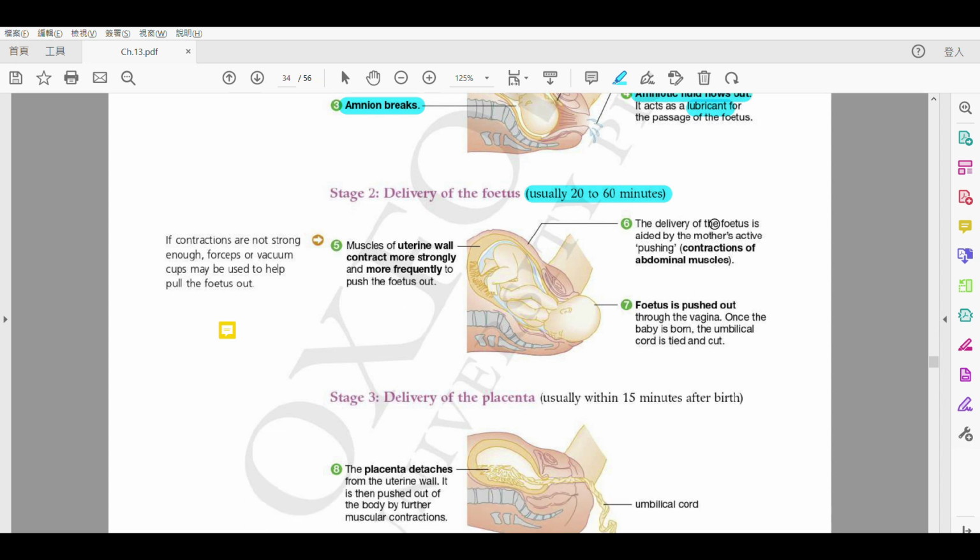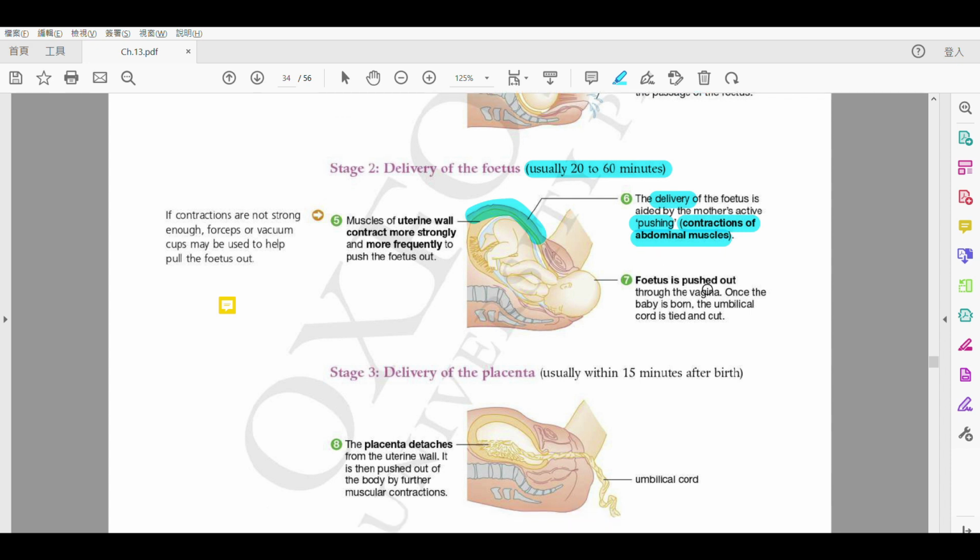咁然後啦，我哋就會知道咯，就會係 delivery 啦，aided by 一個嘅 mother 嘅 pushing 啦。So where is the pushing？就係一個 contraction of 呢一個嘅 muscle 啦。咁你留意咯，be careful is that the abdominal muscle 唔係一個 uterine lining，sorry 唔係一個 uterine walls 嗰度會 contract 啦，abdominal muscle 咧亦都會 contract 嘅，alright？So this is the third muscle that is contracting，OK？然後啦 fetus 就會 push out 啦 through the vagina，OK？And then the umbilical cord 就會 going along 啦 with the fetus，and then 然後就會 tied and cut 啦。OK，就會摘咗佢啦，然後就會剪咗佢噶啦。